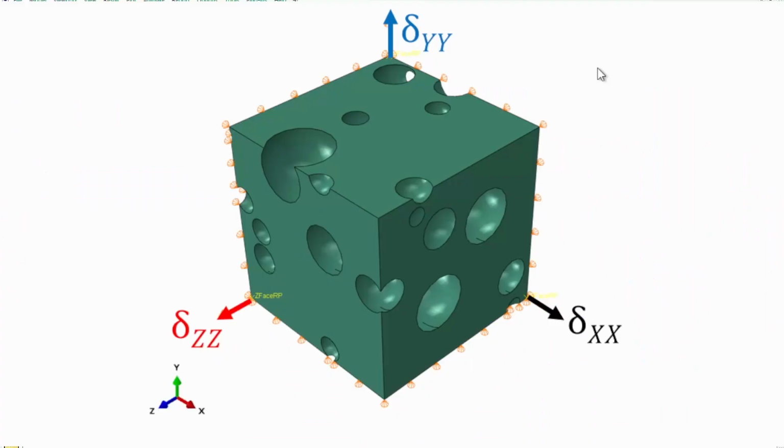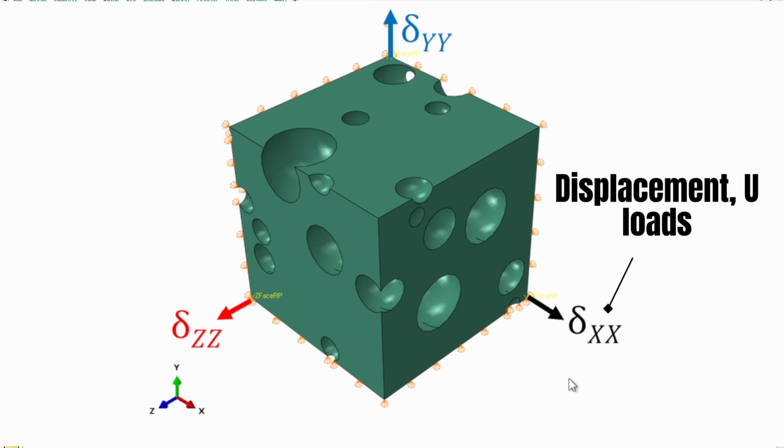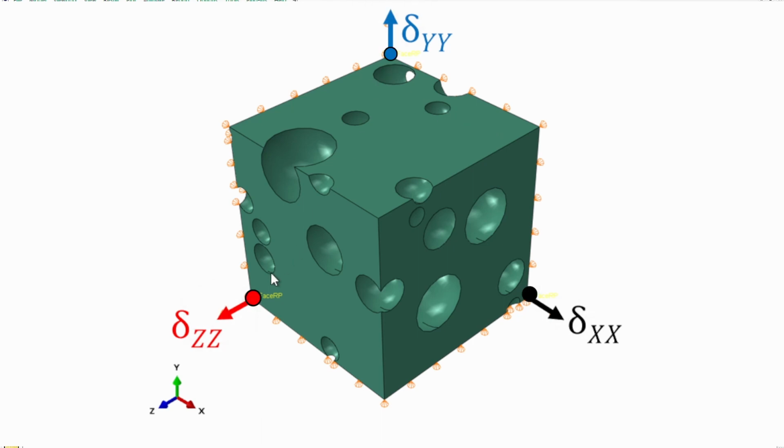Now, the kind of loading that we're going to use in this system, this is the domain, so it's going to be a triaxial loading. So in effect, we're having load on all 3 dimensions as shown in this system. So we've got a loading in the x direction, and these are displacement loads. So I'm going to apply displacement load on the system at just the corner nodes, those 3 corner nodes, one on the x face, the other one on the y face, and the other one on the z face,